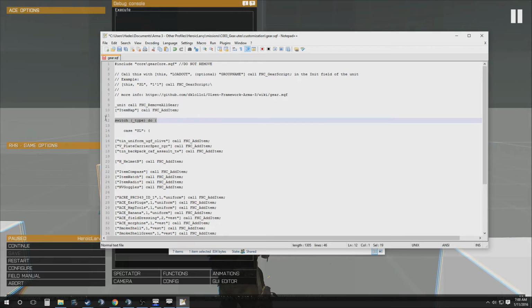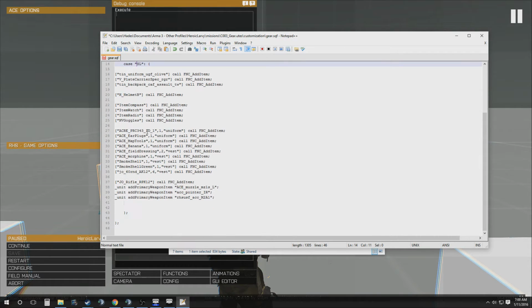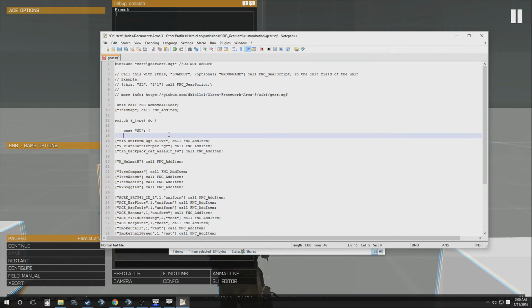And then it goes down to here and it says case, squad leader, add all of this stuff. So in the case of it being a squad leader, an SL, it'll give them this gear that I just pasted into here. But everybody gets the stuff under this,